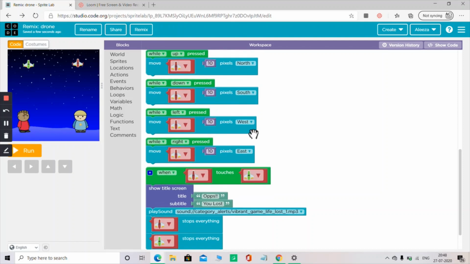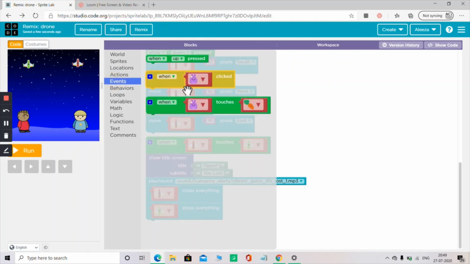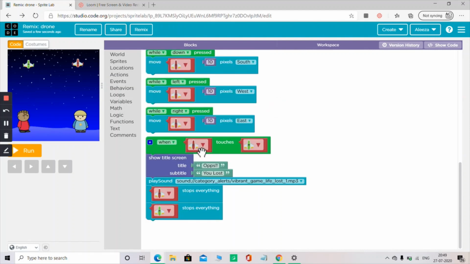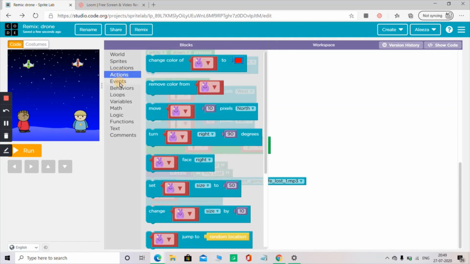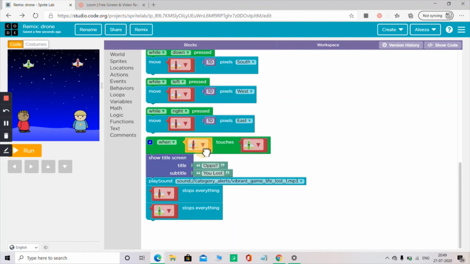So it will be like this, and after that you will need to add when red drone touches green drone in events. You will find this. Then in events there is a rabbit and a carrot given, but you have to change that.